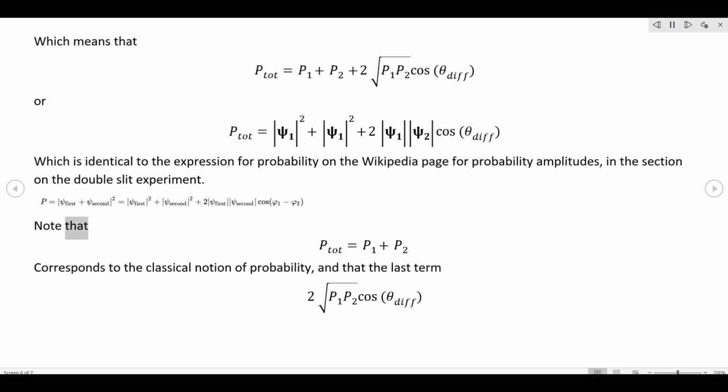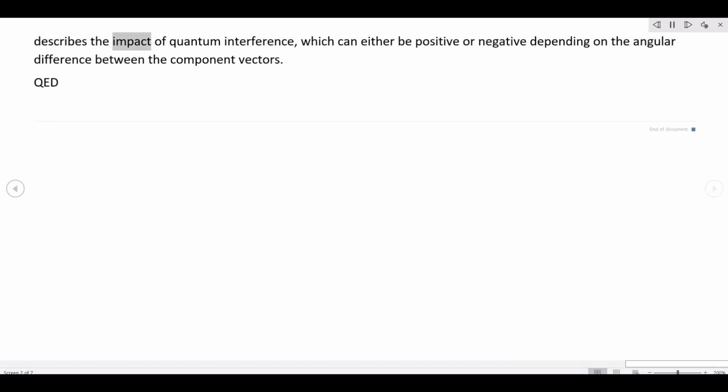Note that the first term corresponds to the classical notion of probability, and that the last term describes the impact of quantum interference, which can either be positive or negative depending on the angular difference between the component vectors. QED